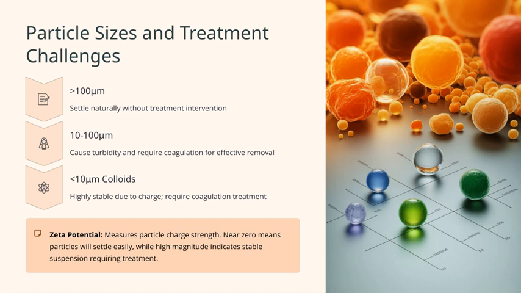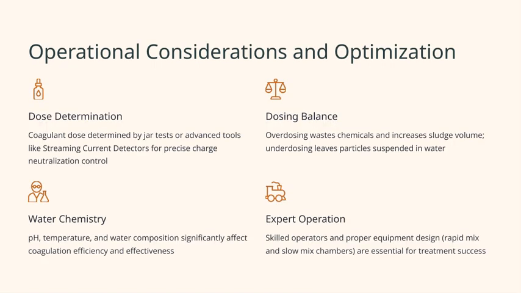Understanding these size ranges and the charge stability helps us tailor our treatment strategies effectively, ensuring cleaner water and more efficient processes overall. Let's now turn our attention to some key operational considerations and how we can optimize them for better water treatment. First, dose determination is crucial. We often rely on jar tests, which are standard, but for more precise control, advanced tools like streaming current detectors can be used. These help us fine-tune the coagulant dose by accurately measuring charge neutralization, ensuring we add just the